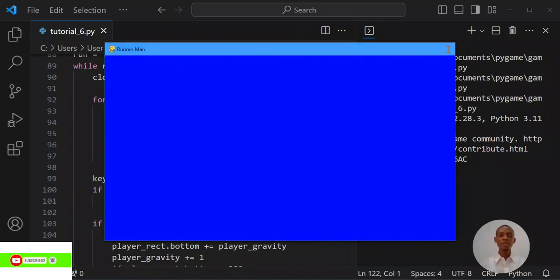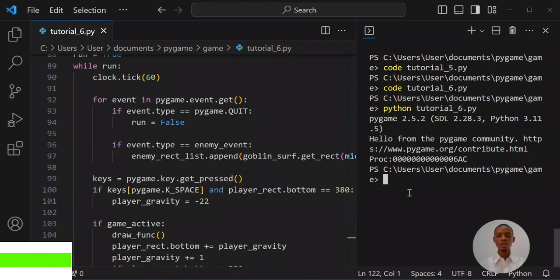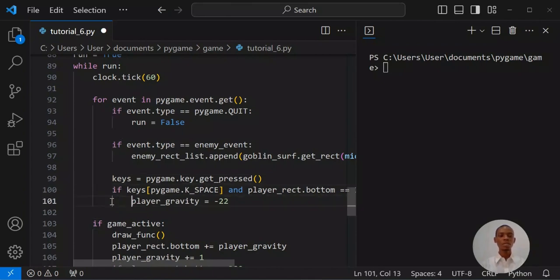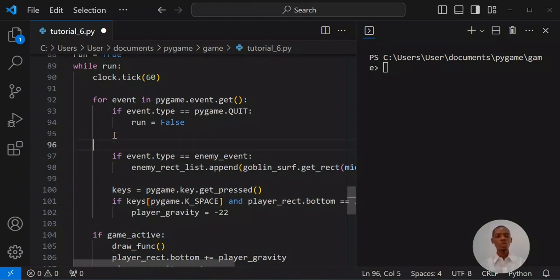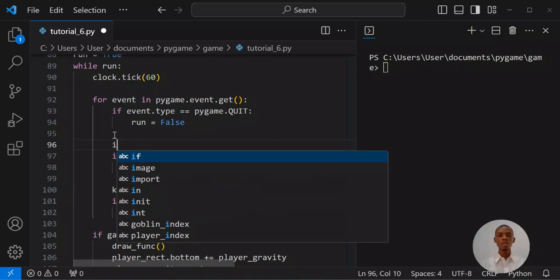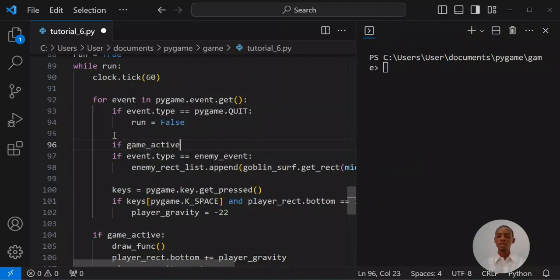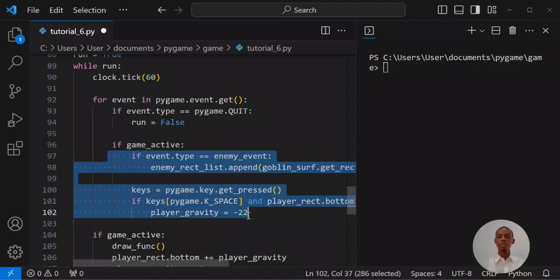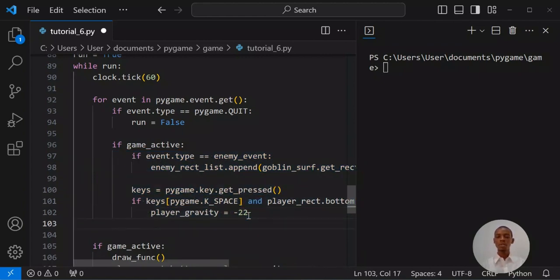So the first thing we are going to do here is fix our screen so that once we have that screen there, and then the spacebar is struck or the mouse button is clicked, then the game should be back active. So I'm going to say if game active, all this should be working. I'm going to bring game under, and then else, I'm going to put a condition